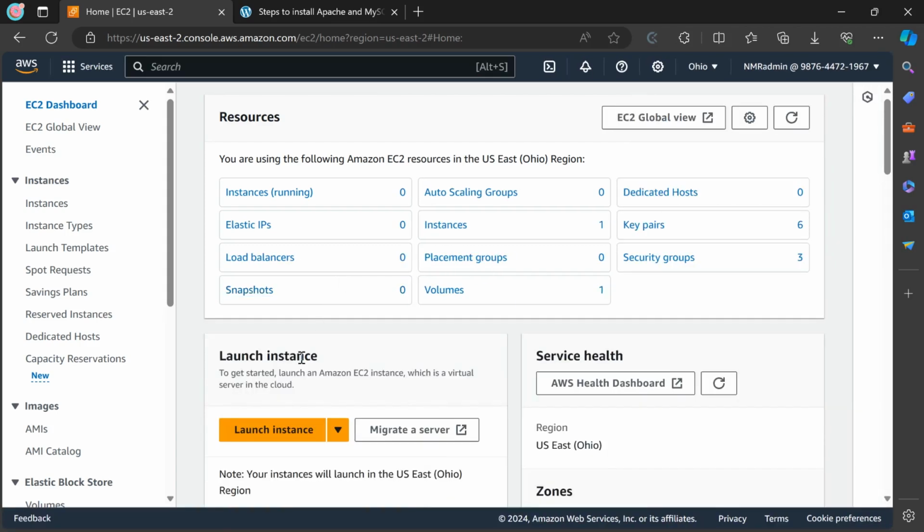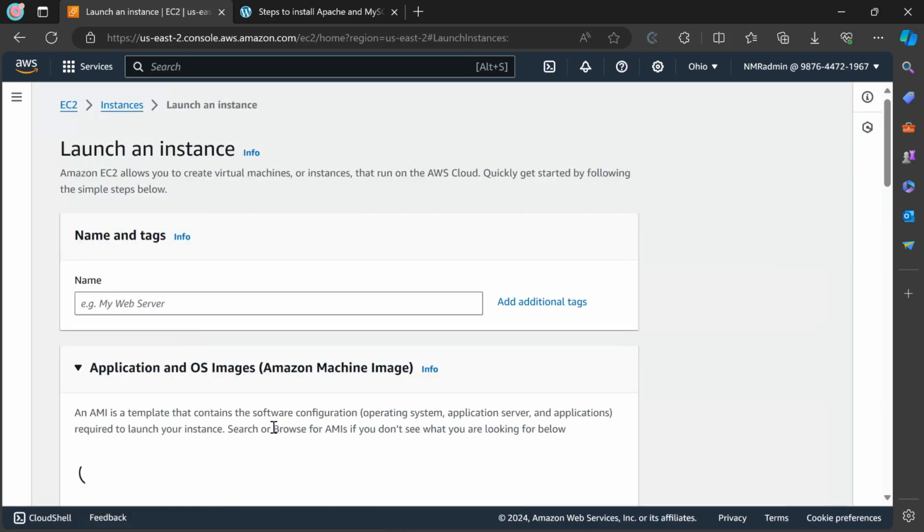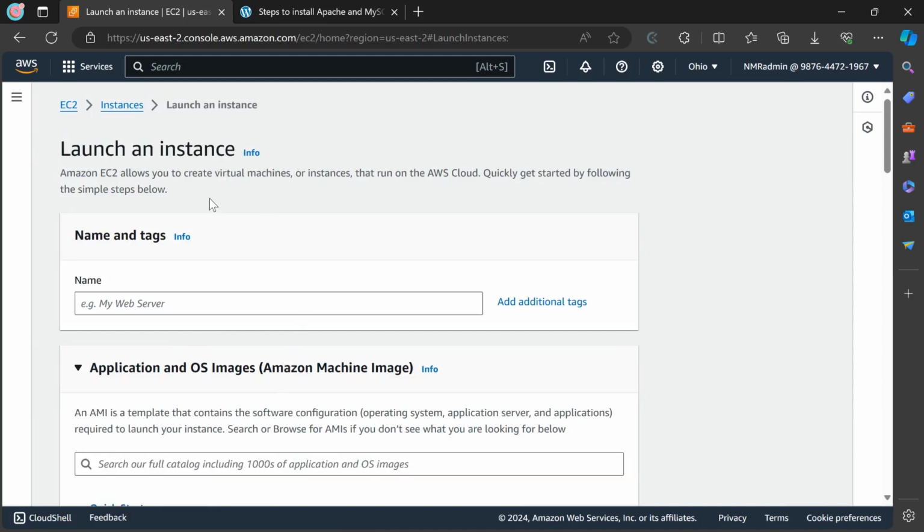So once we get to the EC2 page, let's click Launch Instance. And we'll get the setup page for creating your instance. So we're going to call our instance my first web server,